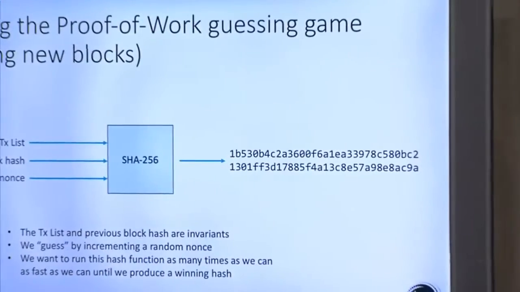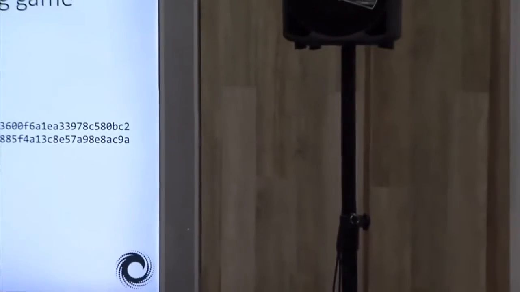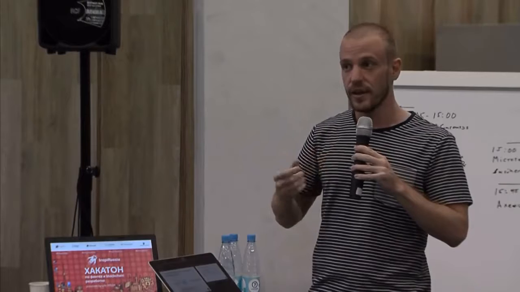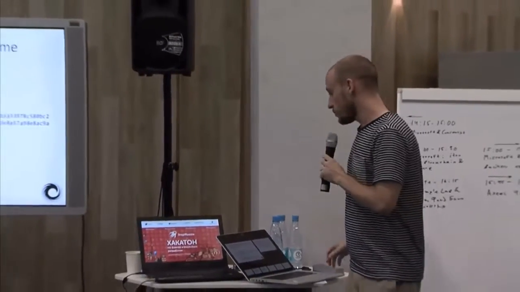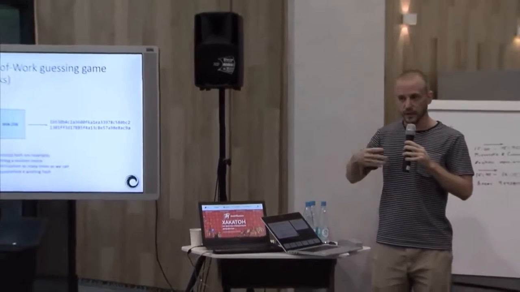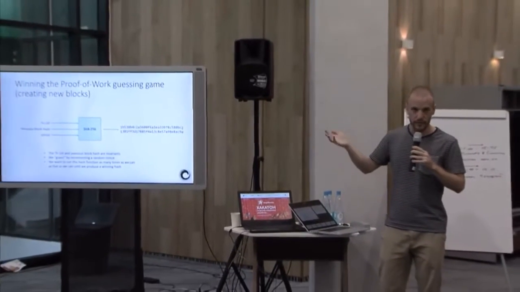The important thing to know here, the key takeaway, is that transactions on the network become part of the network's history every time a block is produced. Every time somebody finds a winning answer, transactions included in that answer are part of the network's history permanently. Because the next block, the next answer that someone produces, will have to reference the previous block's hash. And that previous block has the transaction list in it, right? So when a transaction gets mined, it's being included in the blockchain's history in a permanent way. That's the takeaway.